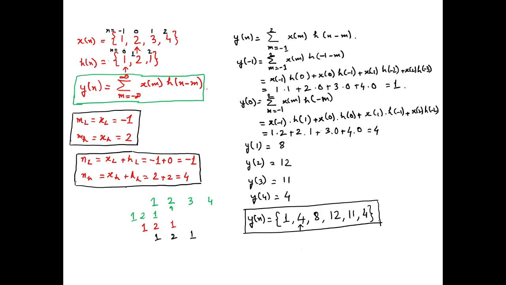We are having x[n], we are having h[n]. Now, all the textbooks will give you this equation: y[n] equals summation of m equals minus infinity to infinity. You are asking why we should go to infinity or minus infinity. This is the reason. This is the mathematical equation: summation of m from minus infinity to infinity of x[m] h[n minus m]. Okay, h[n minus m]. So why h[n minus m]? Because if you remember,